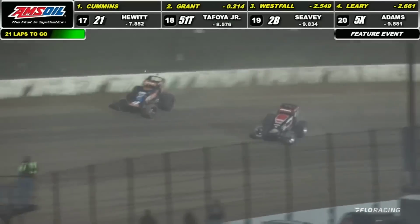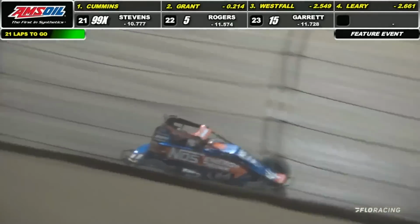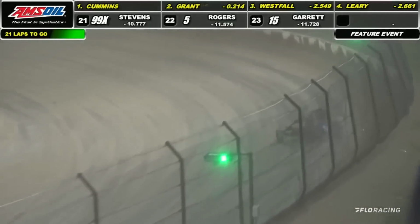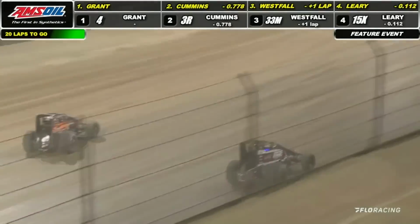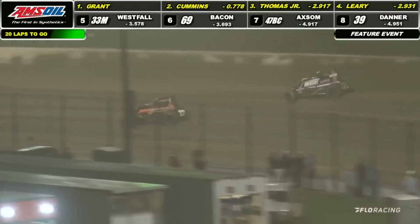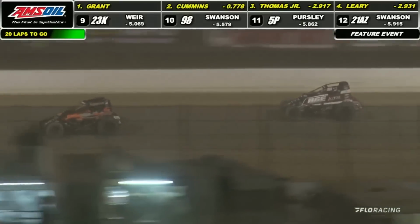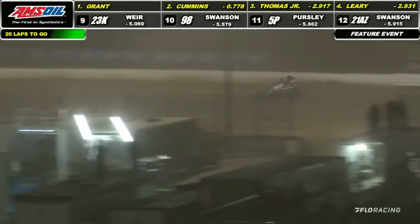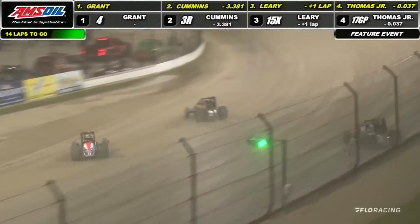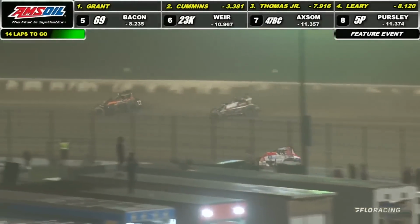Justin Grant, cowboy up for the number 4. Brave, no doubt about it, powers out away from the 3R car. Cal Cummins probably afraid to get sucked into that vortex that is happening off the number 4, and he ricocheted off the wall as now Grant gets out away from him. Meanwhile, back behind, here comes the 17 GP down low into the number 3 spot for Kevin Thomas Jr. as he fired off back deep in the field. Kind of roaming around and finding some serious speed for the number 69 car